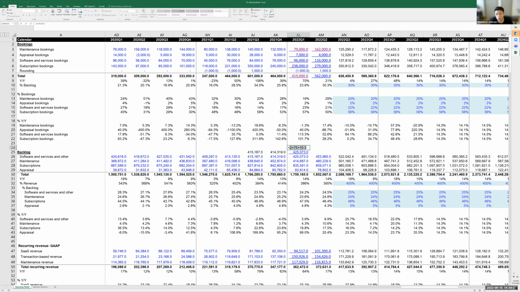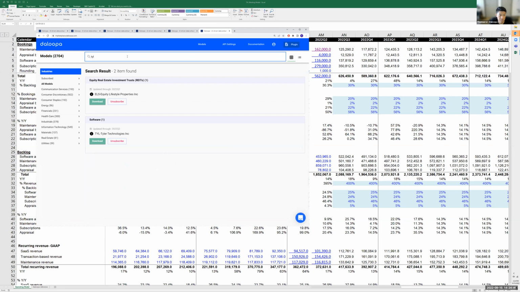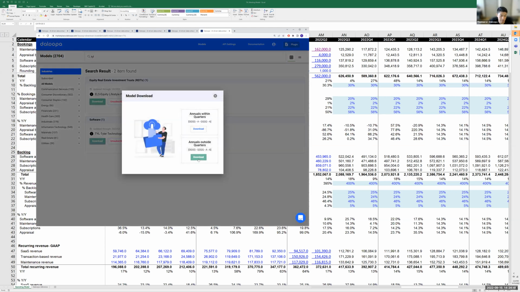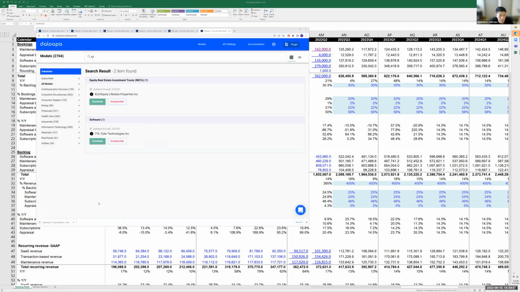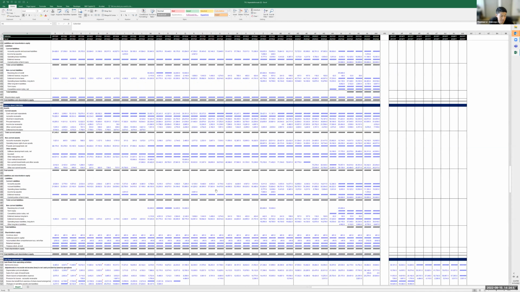In the meantime, what we recommend people do is two things. The first is just break them out into individual lines, right? Have your adjustments broken out. And the reality is you don't have to break out these adjustments. You can come to the Daloopa website, download one of our models, and just grab all the adjustments you want, right? So let's say you wanted to grab all the adjustments for TYL, which is what we're looking at right now. You can just open our TYL model, go down to where all the adjustments are,